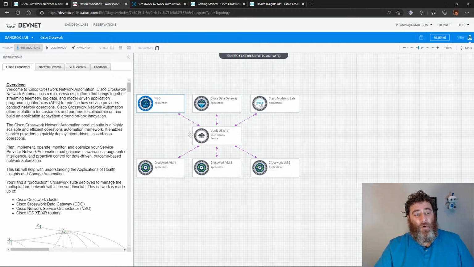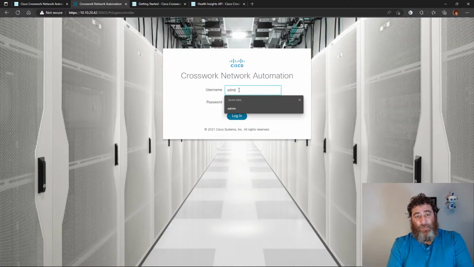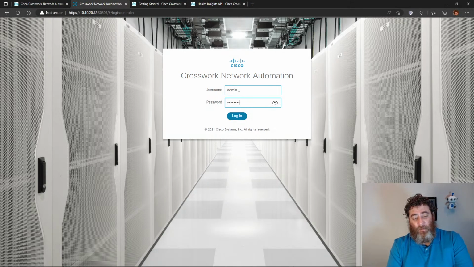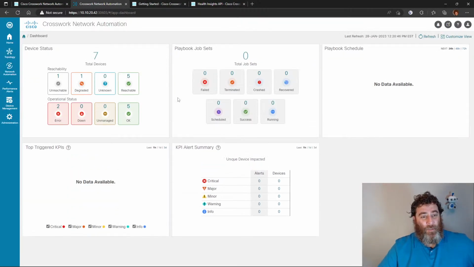I don't know what kind of nodes it has or anything, but this is the sandbox I'm working with. We can sign into the system as admin, and then the password. And this is the GUI, the dashboard, which we're not going to explore too much today,